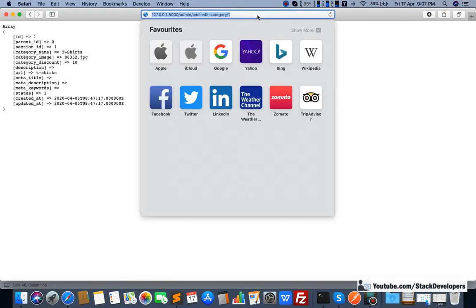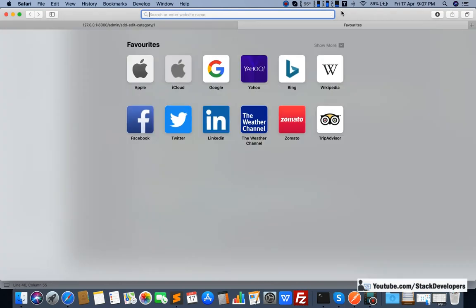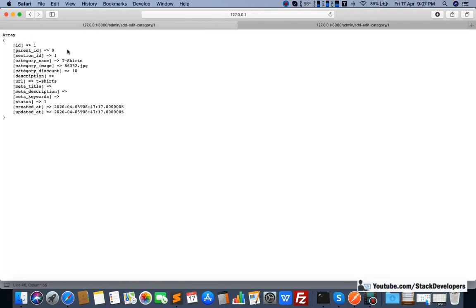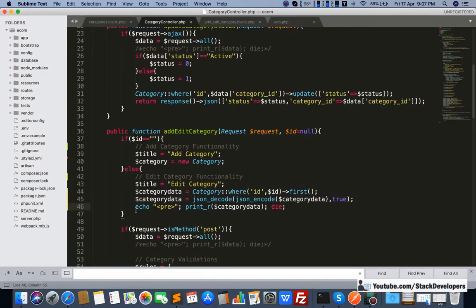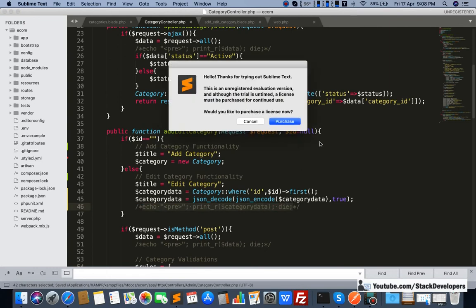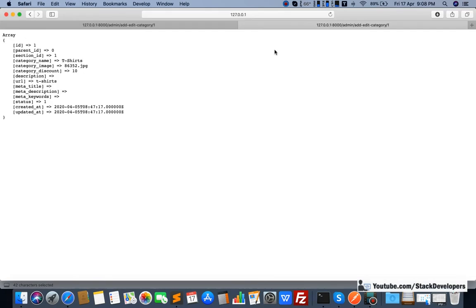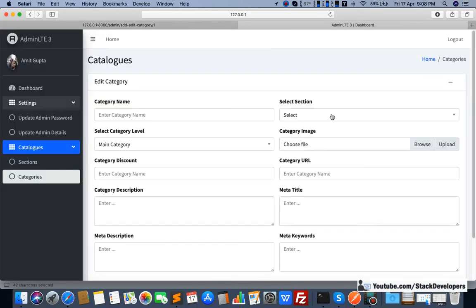So all the data is coming here. Okay, so what I will do, I will make one more link because this data is required, we are going to use this data. So in a different link I am going to just comment this one, and we'll start working here like this. Okay, so now I'm going to use this data. See, I opened the same link at two places so that no issue will come. It will be easier for me now, so that I can check. Okay, parent ID, section ID, category name.